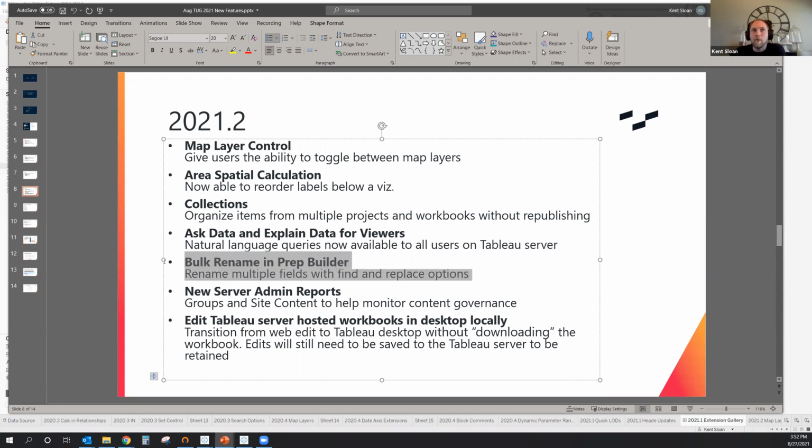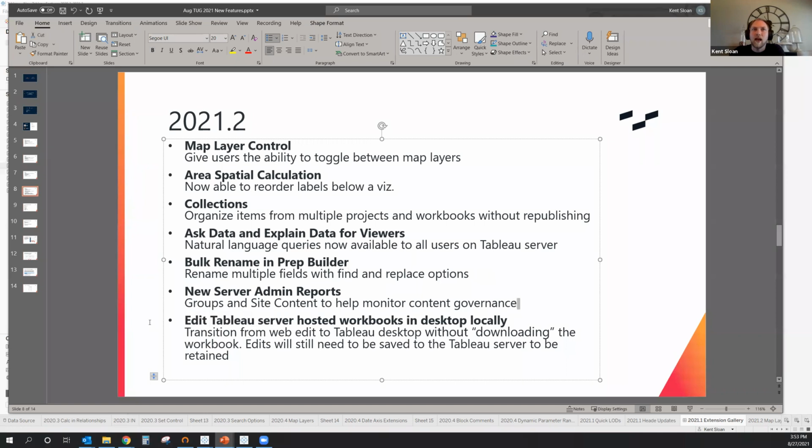If you use Tableau Prep, the next one is really helpful, and that is bulk rename. So what this is, is that if I pull in a list of fields from a database, and the database, say, for example, has a particular abbreviation structure, or it pins, say, a leading piece of text on each of my columns, in the past, what I had to do is go through and one by one rename each of those columns to what I wanted them to be. Now what you can do is basically do a control find and replace across column names to quickly rename a large number of column names along a particular naming convention of your choice.